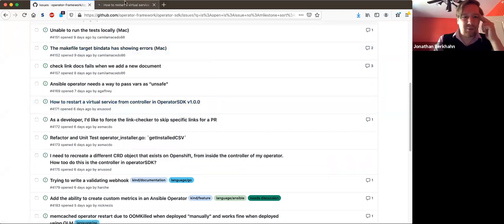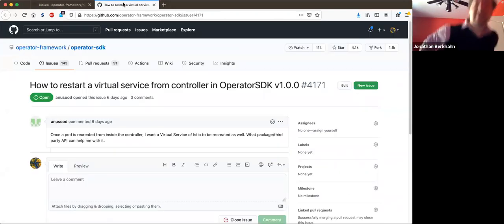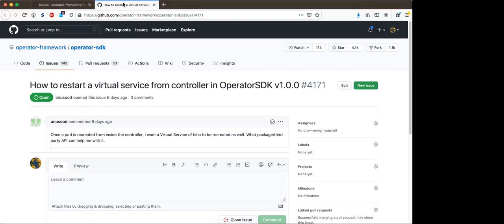How to restart a virtual service from controller in Operator SDK 1.0. I'm not really sure what they mean by recreated. Does this mean they just want to deploy a virtual service of Istio alongside their pods? It shows some requirements that someone is trying to achieve, a goal, and he doesn't know how the things work. So